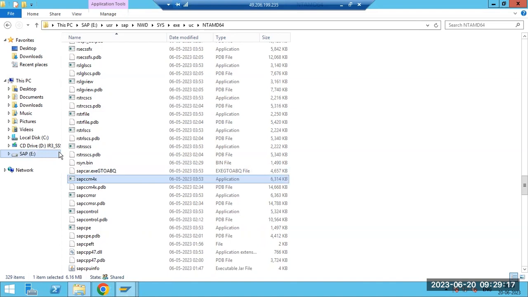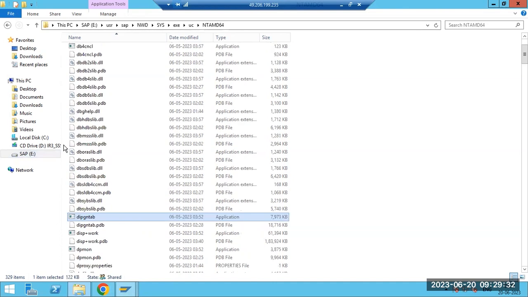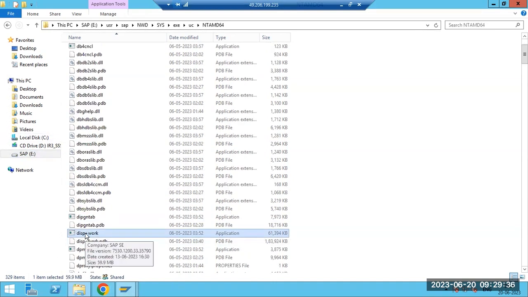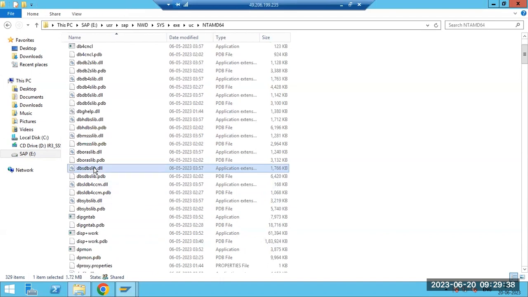How the backbone is very important for us, same way SAP is up and running. We are working on SAP. All the dialog work processes and the message server are working because of the respective file systems in the back end. See here, the dispatcher is working because of this binary, right? And also